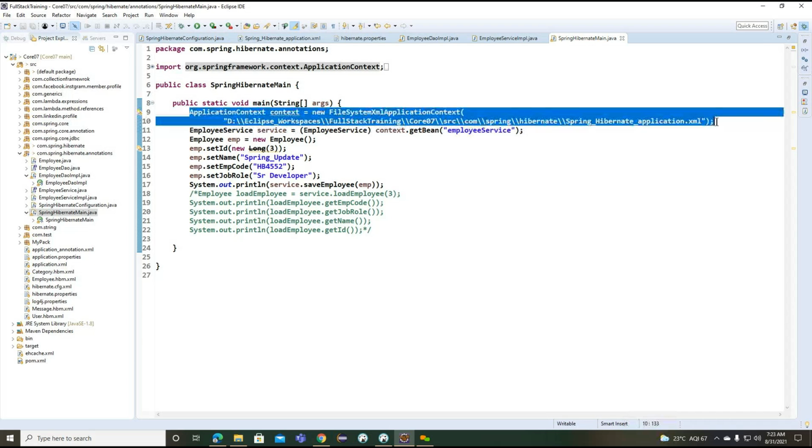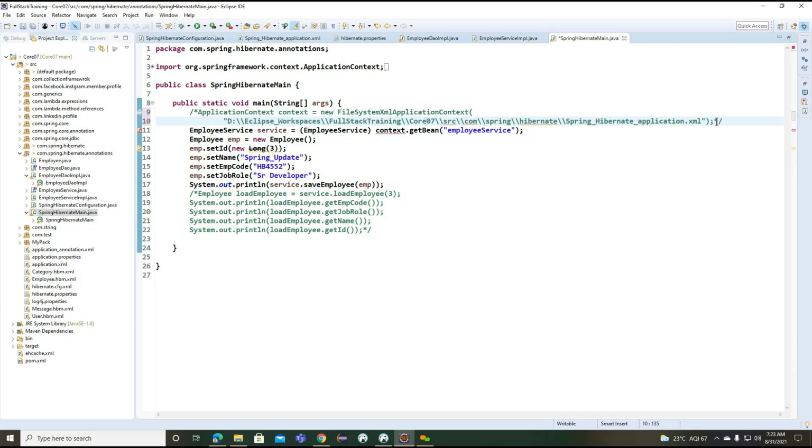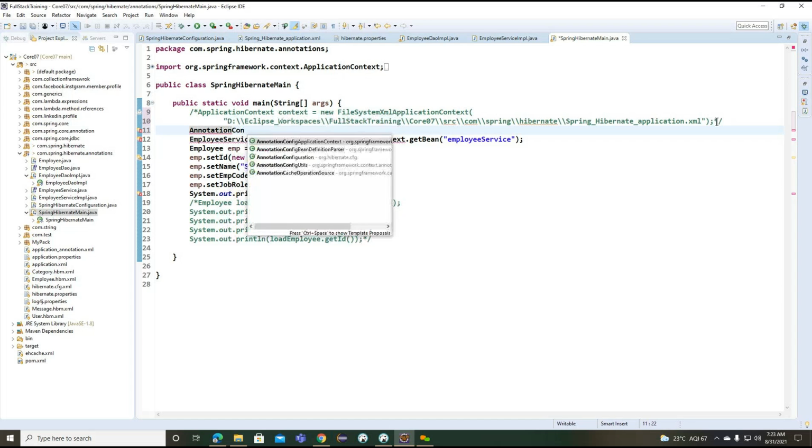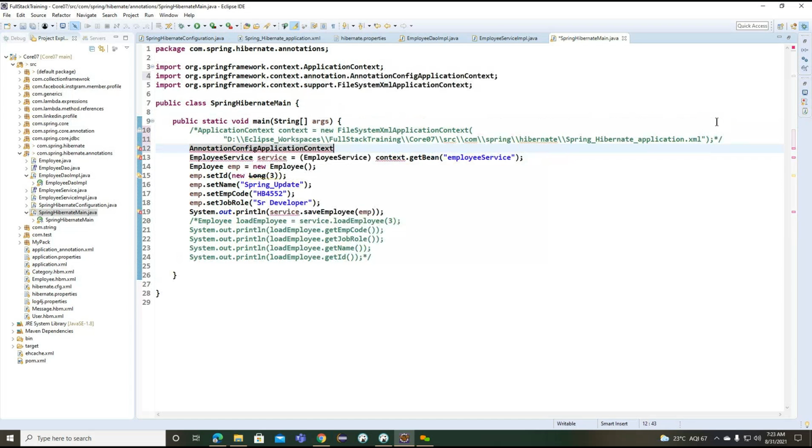So what configuration are we using here? Annotation configuration. Now what we can do is use AnnotationConfigApplicationContext here.